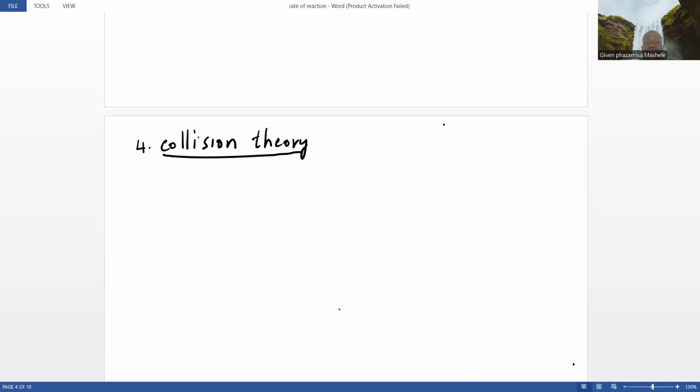That is according to collision theory. The collision theory says that for the reaction to start or for the reaction to take place,